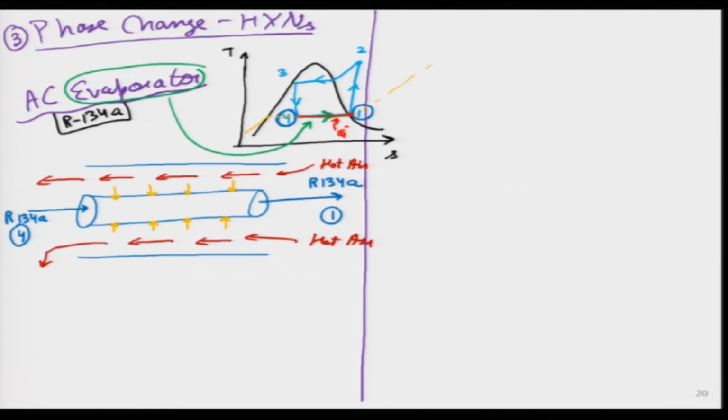So, let me again put some numbers over here. If refrigerant R134A entered at 10 degrees, because phase change is taking place, it comes out again at 10 degrees. Just like boiling, before and after, liquid or vapor, everything remains at 100 degrees in equilibrium. During evaporation also, our refrigerant, whether it was liquid or liquid plus vapor or vapor, would remain at 10 degrees in the ideal case.